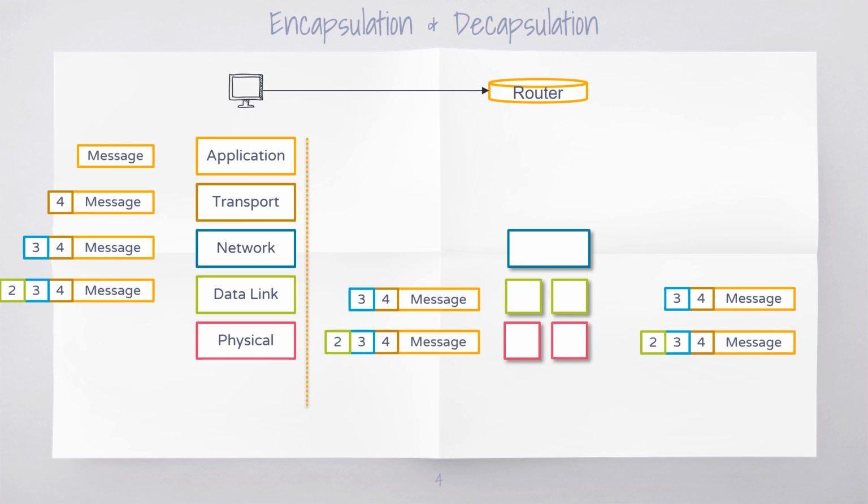So in this way, from application to physical layer, encapsulation happens. At the router, since it operates only at three layers, that is the physical layer, data link layer and network layer, decapsulation happens till the data link layer. The network layer information, that is the header, is not changed. It remains as it is and is forwarded to the next link on the path. So this is how the encapsulation happens, and at the same time, the decapsulation happens at the router.